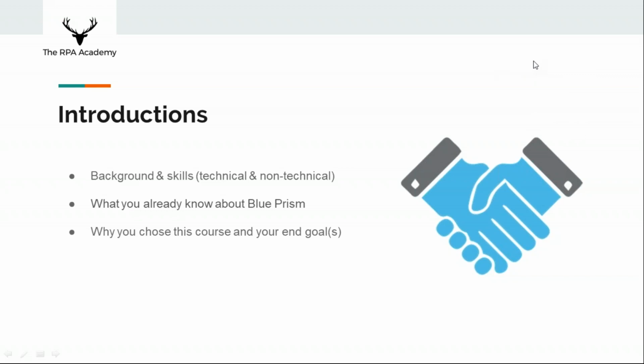Currently I'm now involved in a project of automation. And for this, I need to learn as much technical as I can about Blue Prism.